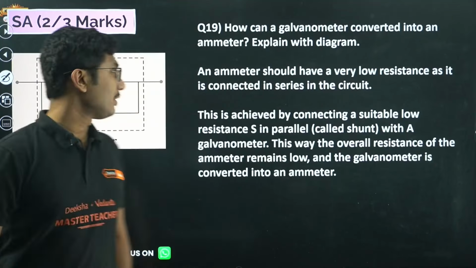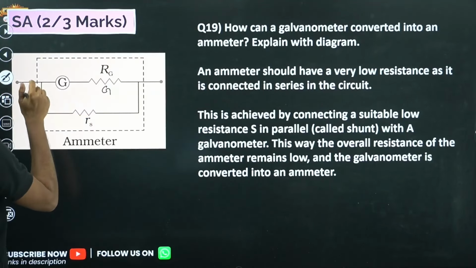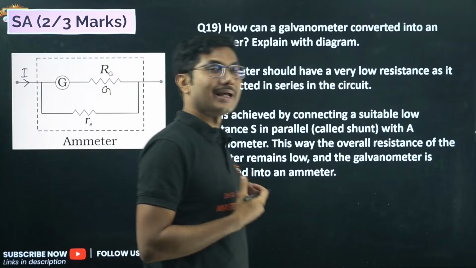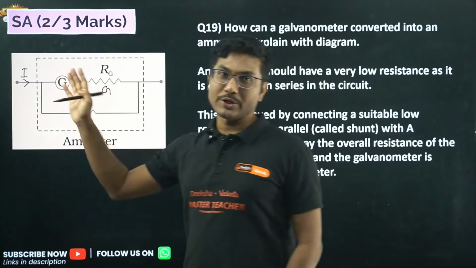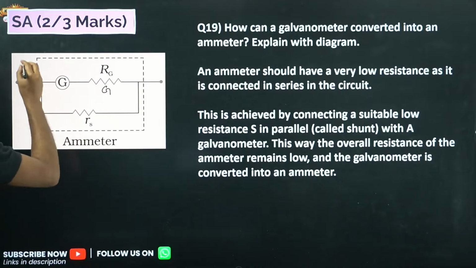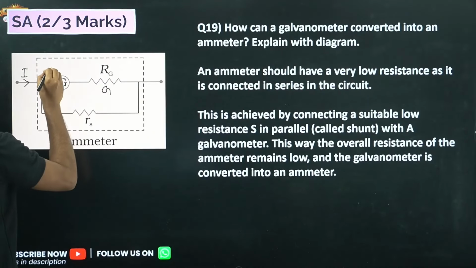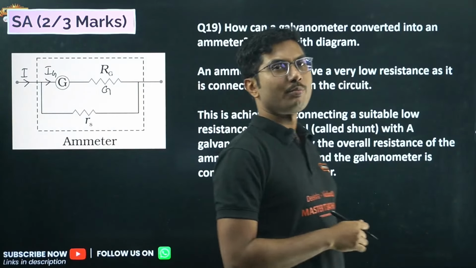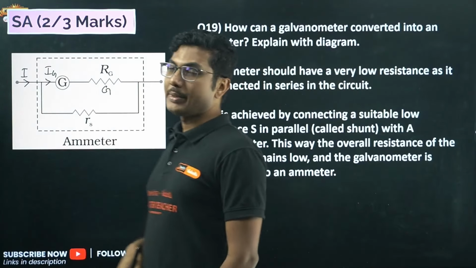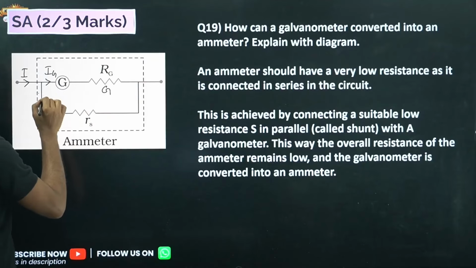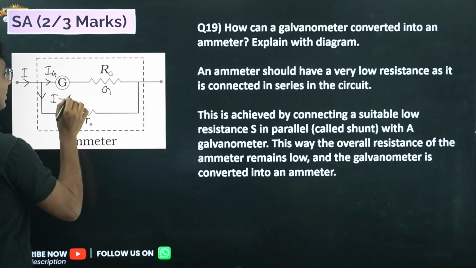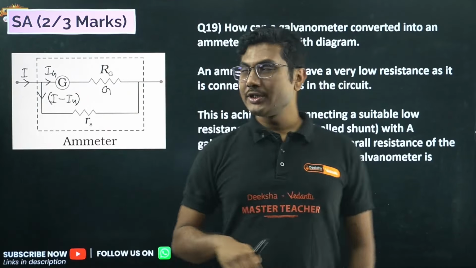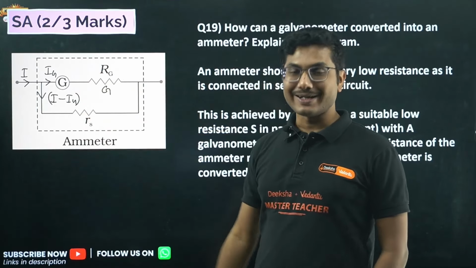Now when the galvanometer is converted to an ammeter, the total current passing through is I, the current that we are measuring. Galvanometer cannot afford this high current to pass through it. So it will only have a small current Ig, the maximum current that can be allowed to pass through the galvanometer. And the remaining current will quietly pass through the shunt. Galvanometer and the shunt are connected in parallel.